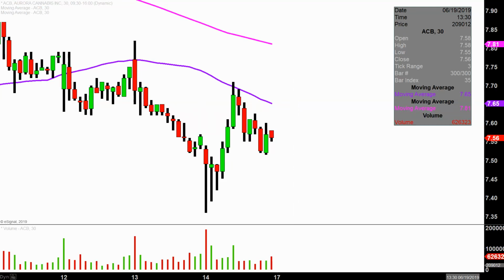I don't mean to state the obvious, but I will anyways. Very nice bounce today on this one. Sure, it pulled back, but I get it. From where it closed here, compared to where it was all the way down at the lows, like I said, yeah, it pulled back from its highs, but still, relatively speaking, from where it was at its lows to where it is right now, that's still a good, solid move,